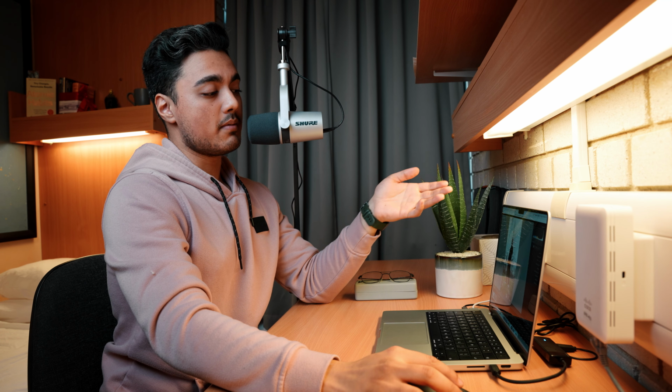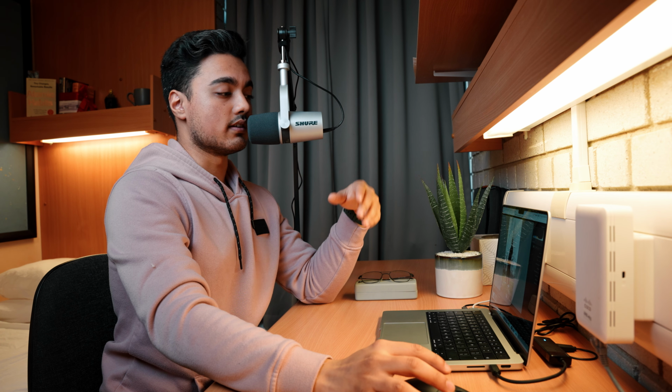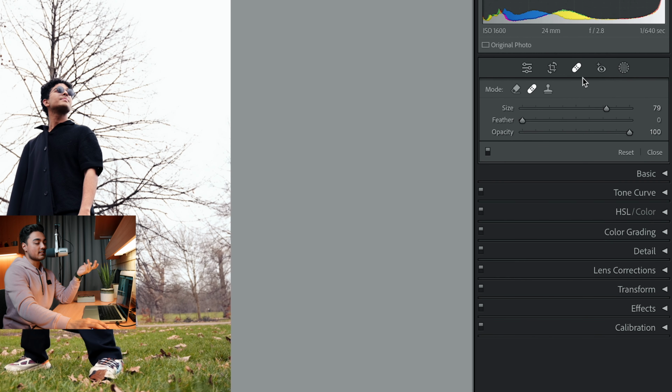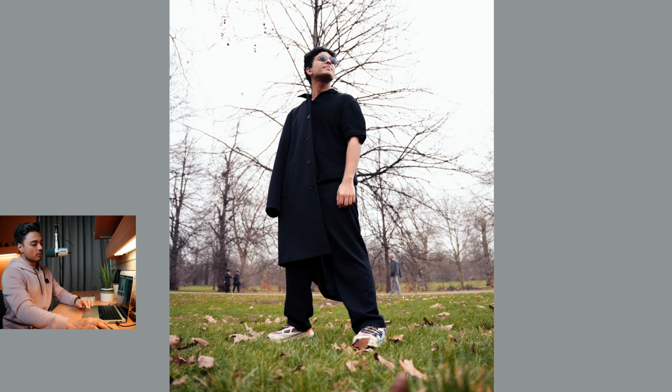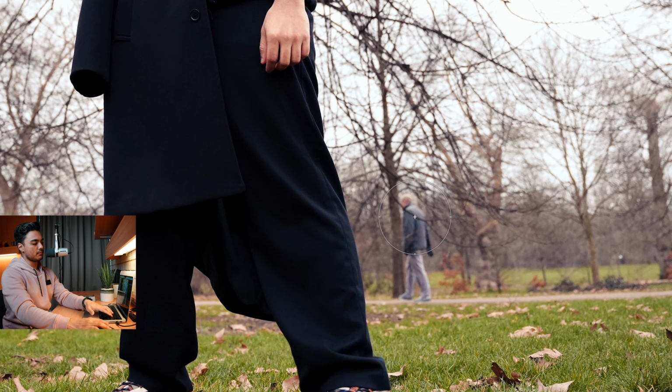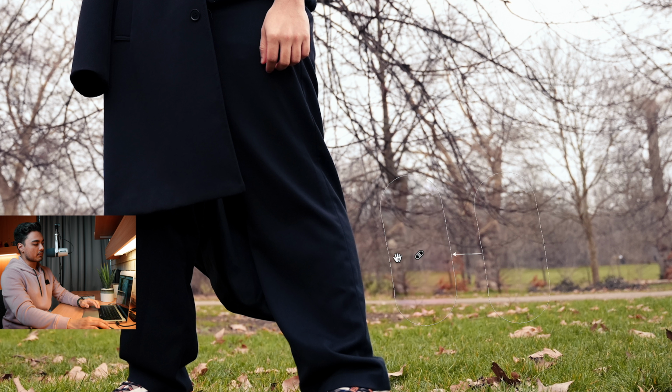If something in your photo doesn't add to the larger story or it distracts the viewer from the main subject, it needs to go. Spot removal is an amazing tool a lot of beginner photo editors ignore, mainly due to 2 reasons. Firstly, it's not in the main editing tab, so it's easy to forget that it exists. And secondly, it does not do the job quite well sometimes. So let's go here and try to remove this gentleman. Yep, perfectly done. But then the tree is not lining to the ground,